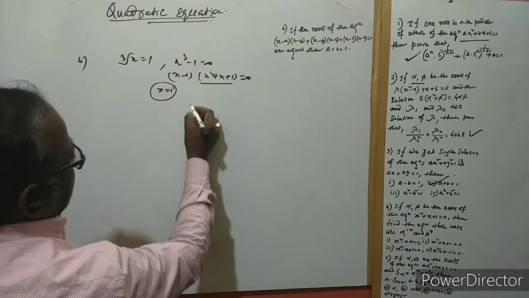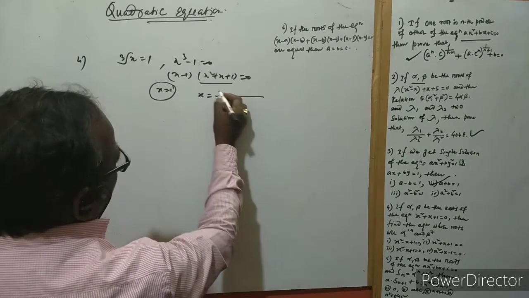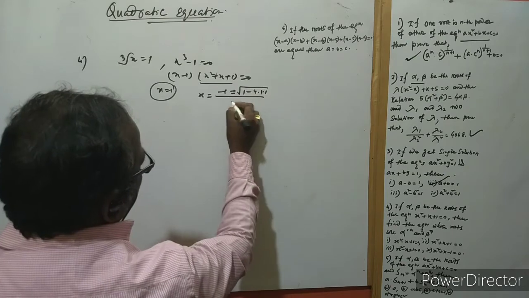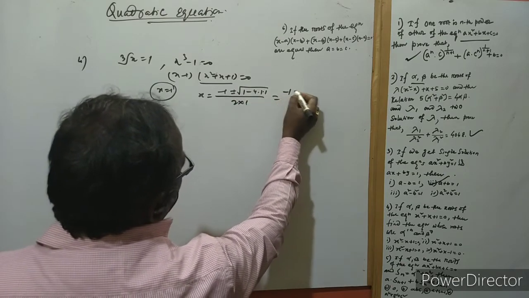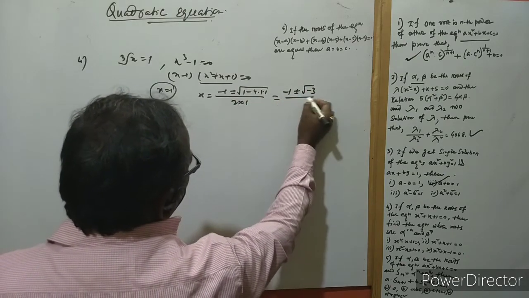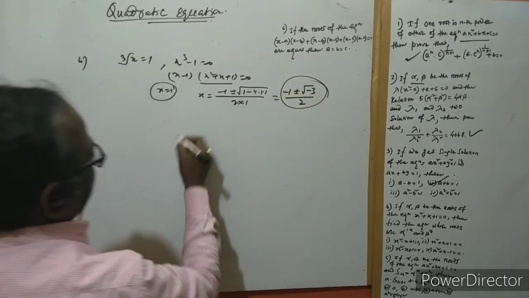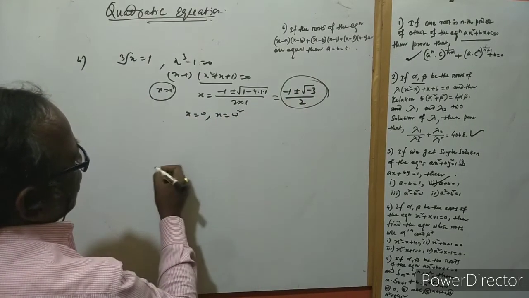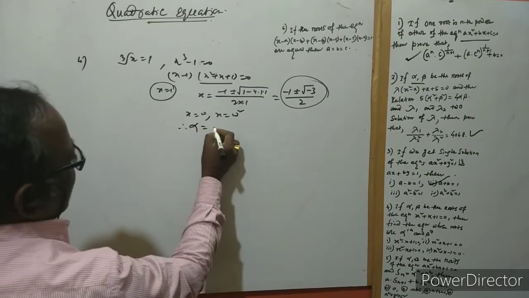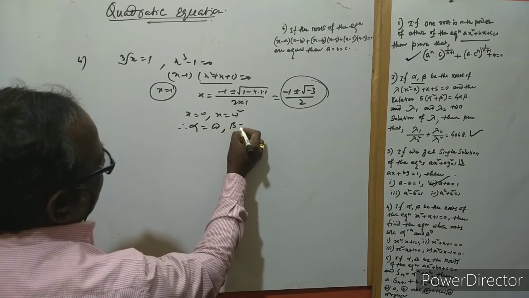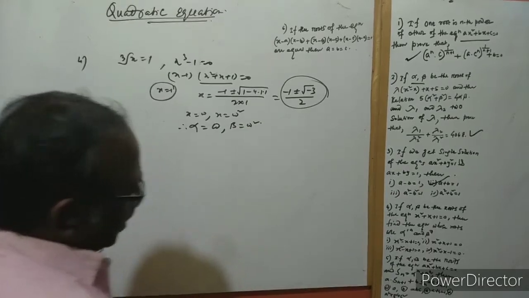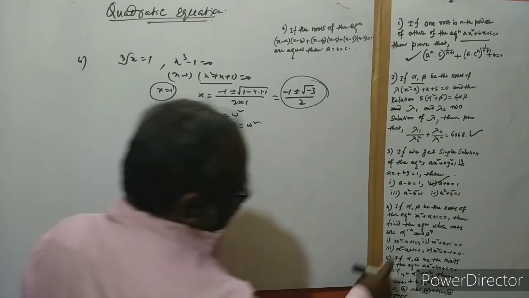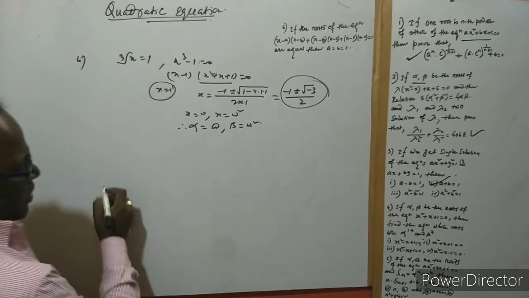But in this equation we get x equal to minus 1 plus minus root over b square minus 4ac by twice a, actually minus 1 plus minus root over minus 3 by 2. So this is the cube root of unity. If alpha is omega, then the other is omega square. So let us assume alpha is omega and beta is omega square. After that, find the equation of roots alpha to the power 19 and beta to the power 7.